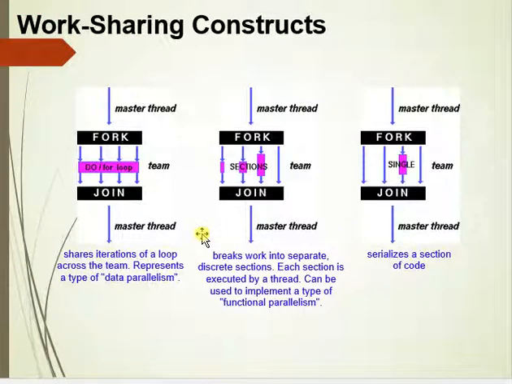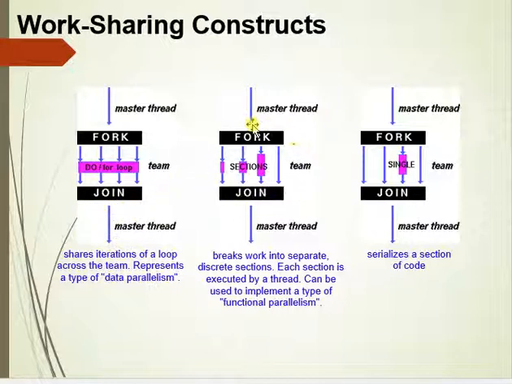Next is work sharing constructs. Here the master thread creates threads by using a fork function. The loop is shared among threads, which are executed simultaneously, and finally joined by the master thread.